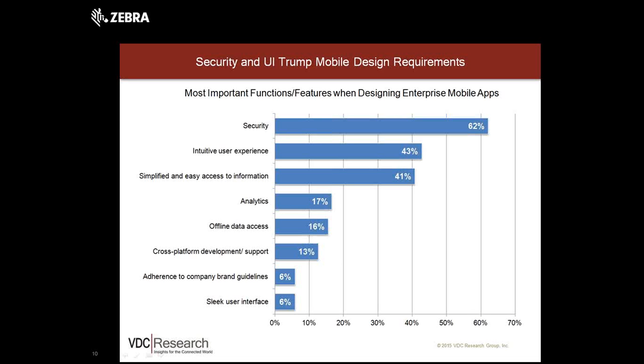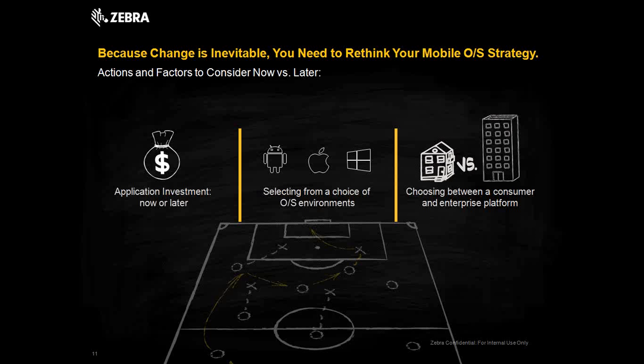Access to offline data is important and so on, but we consider that kind of low-hanging fruit, kind of critical to mobility overall. So as we talk about some of the changes, some of the trends, keep those top 3 things in mind: security, intuitive user experience, and simplified and easy access to information. We'll talk about how the more modern environment brings those decisions forward. And really